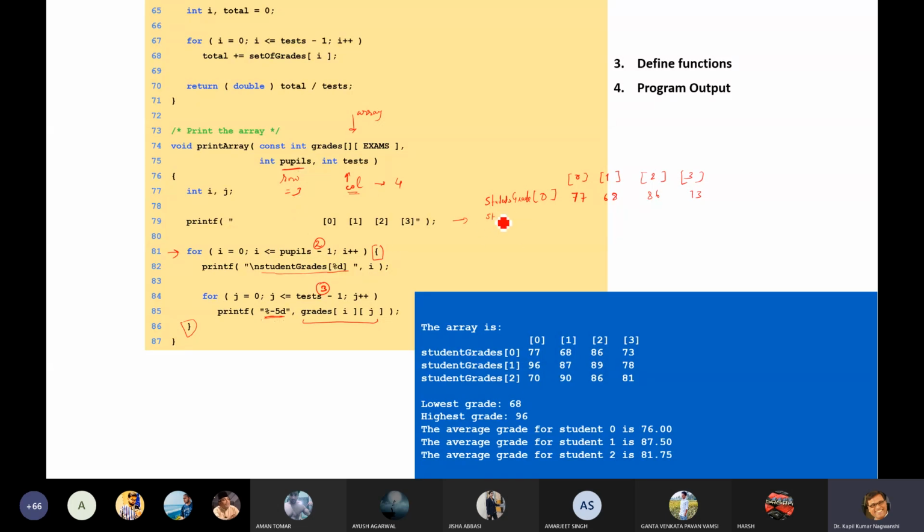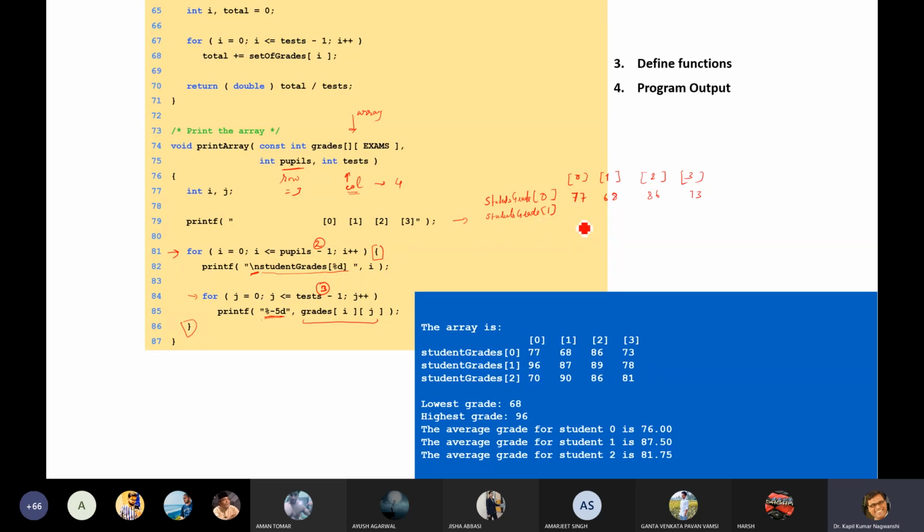Now, once again, it will write student grade, then 1, and then it will start executing this for loop. This for loop is without any \n, so it will keep writing from here. But whenever a new outer for loop starts, it will start from \n. That's why a new line will appear.